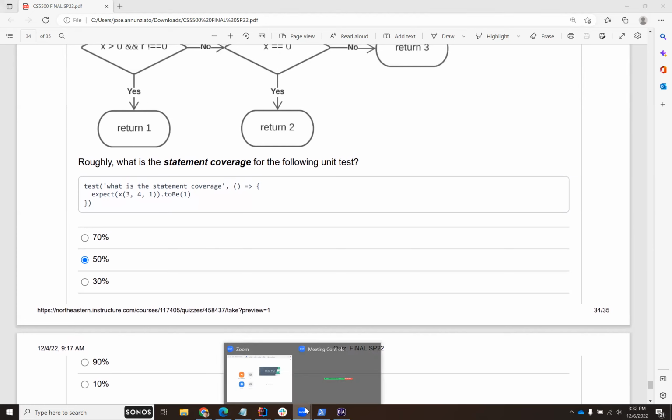I think somebody's speaking. Wait. Let's see. I think somebody's not muted. Yeah, that's